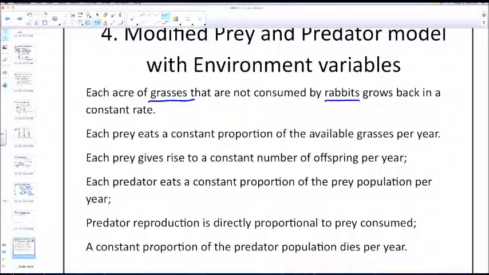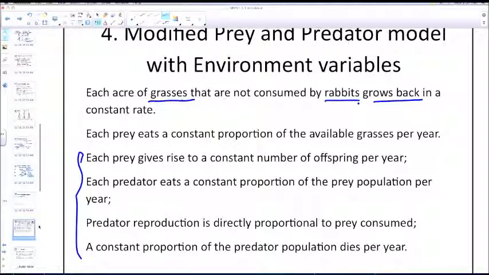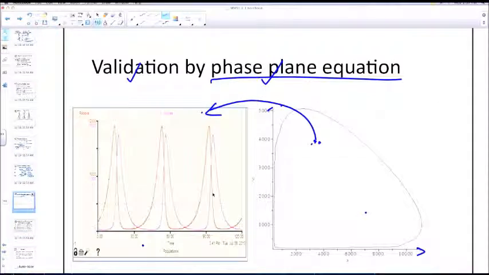Each acre of grass that's not consumed by the rabbits will grow back at a constant rate, just like the population model. And each prey eats a constant proportion of the available grass per year. That's similar to the wolf eating the rabbits. And then all the other four are the same as our Lotka-Volterra system. So once we make this assumption, we can run the model,